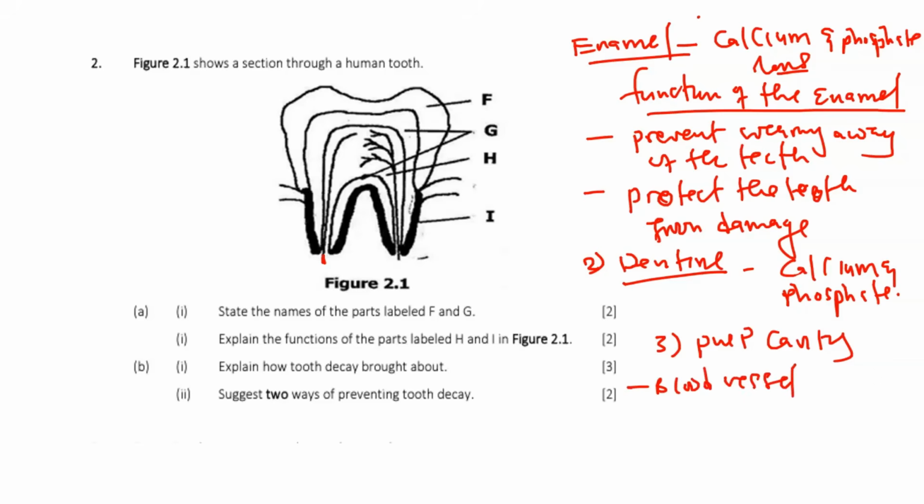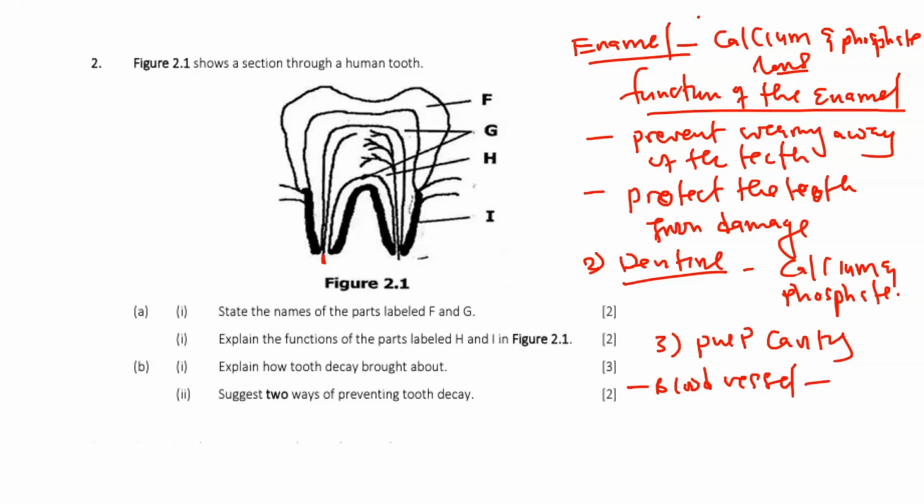As you know, blood vessels. So the blood vessels that we can talk of are the artery and of course the veins. The artery moves the blood, carrying oxygen and food into the teeth, and of course the other one takes out. So that is something that you need to understand. So the blood vessels